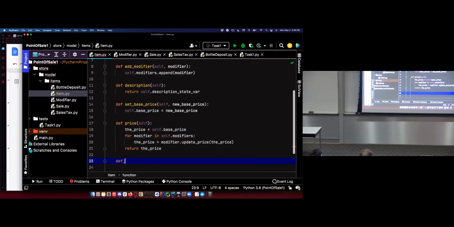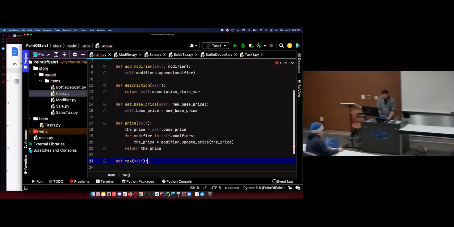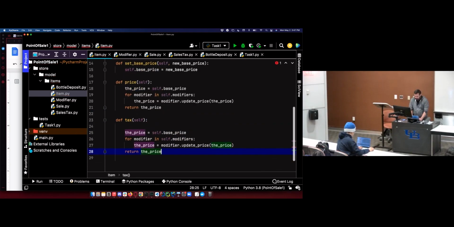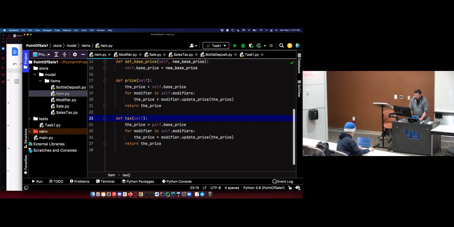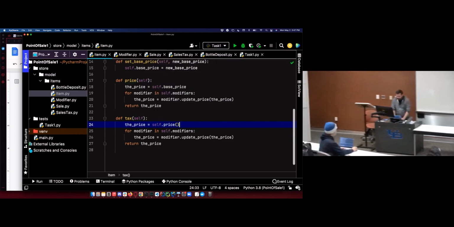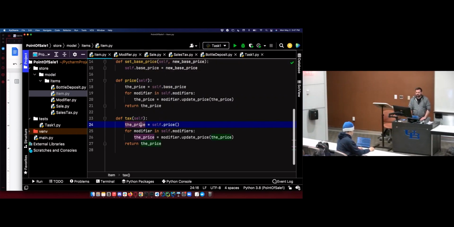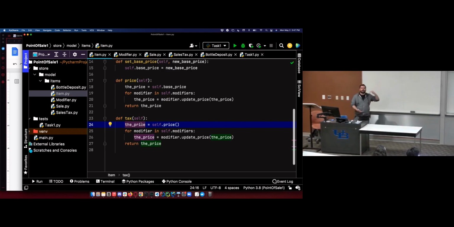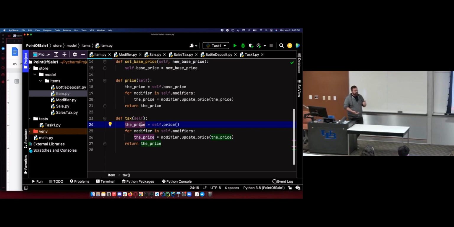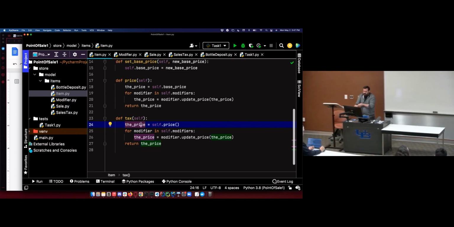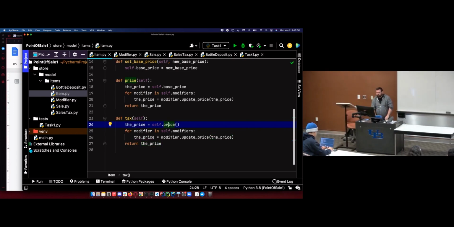And we also had tax. Tax, same idea, except the price that we use is going to be from the price method. We want the price after sales. You're not charging me tax on the original price. I'm paying tax on the sale price. Something's 50% off, paying 50% less taxes on that too. You can take your taxes and shove it. It's always based on the sale price for any sales applied.